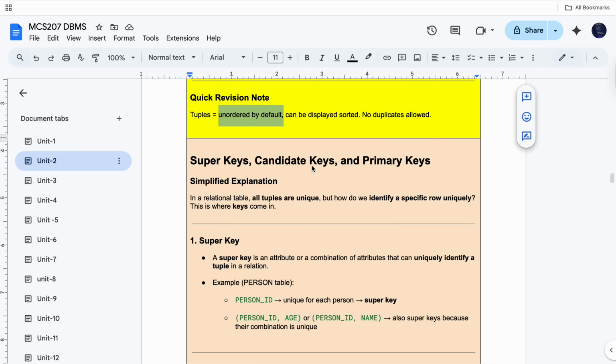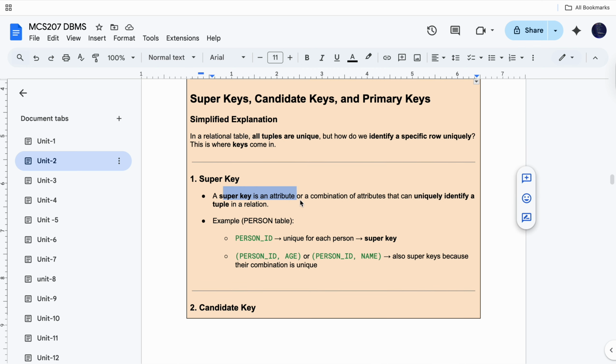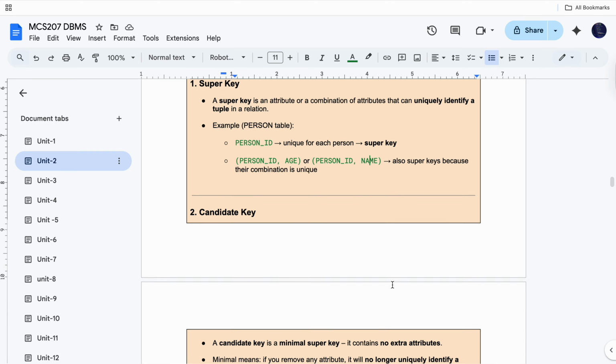Next, super keys, candidate keys and primary keys. Simplified explanation: in a relation table, all tuples are unique, but how do we identify a specific row uniquely? Super key: a super key is an attribute or a combination of attributes that can uniquely identify a tuple in a relation. Person ID is unique for each person. Person ID with age and name are